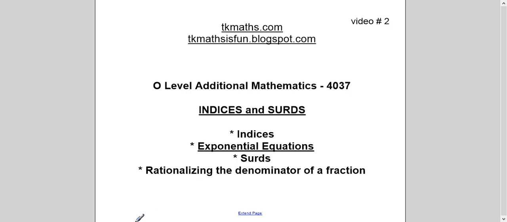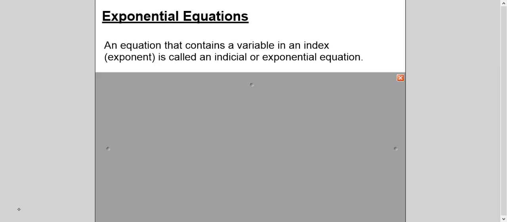So let's begin with the questions. Before I begin, I'll tell you that I have picked up various types of questions, right? So each question is to some extent different from the other. And the idea is to give you a wide exposure so that you can apply this concept.